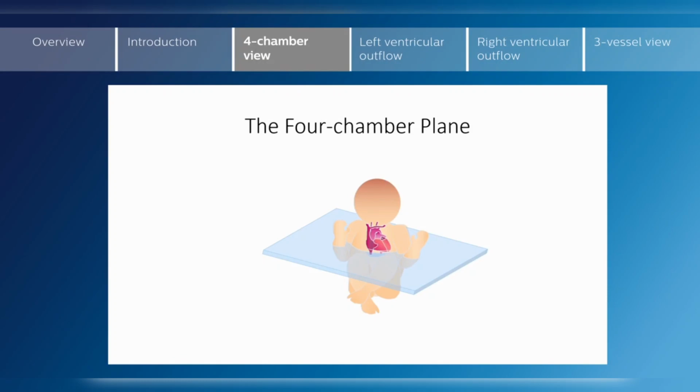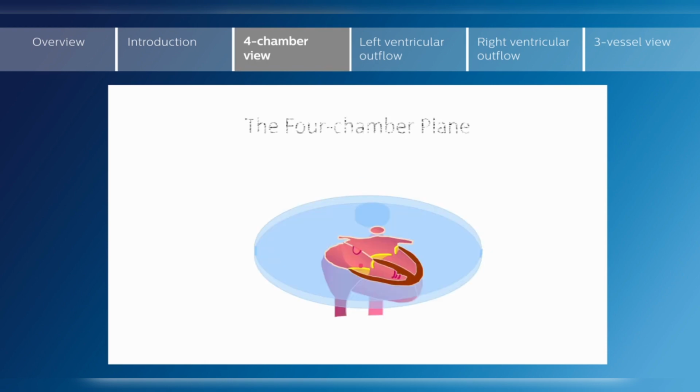Plane, we are in essence cutting the plane which is shown by the blue glass plane, if you like, here. And what this shows us is a transverse section of the fetal thorax. And this is important because it's the only view of the fetal heart which has external reference points. Although not shown here, the four-chamber view of the fetal heart lies in the same plane as a single rib